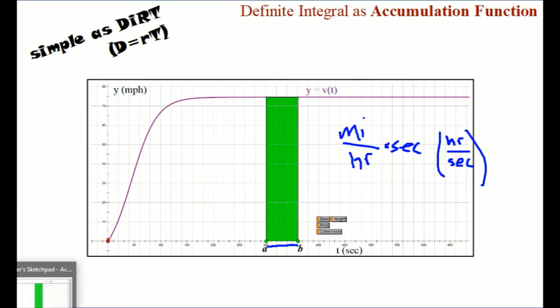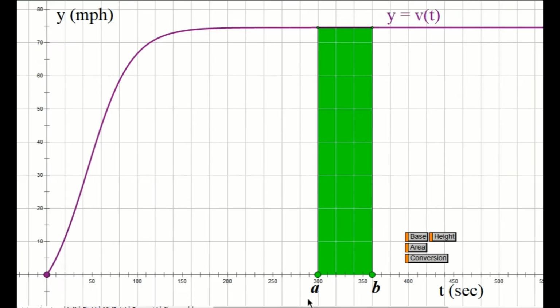So you can see that graph is from this, and here we're going from A, around 300, to B, around 360. Let's see, the base is actually 299.7 to 359.8, so it's 60.2 seconds. It's about 60 seconds, and the height, if I click on that, is 74.6 miles per hour. So the area of this rectangle is